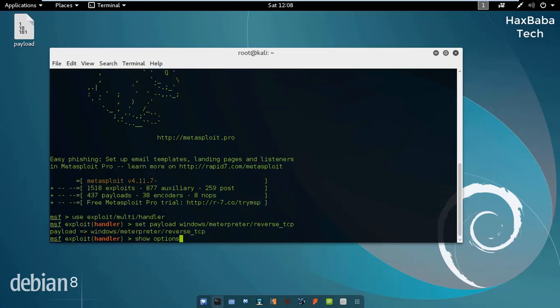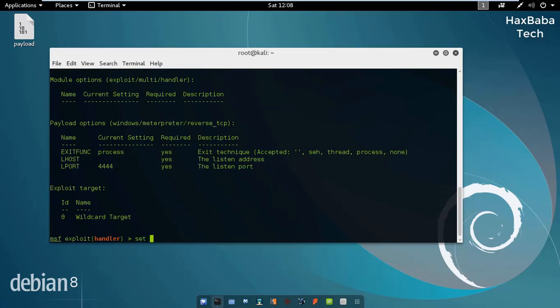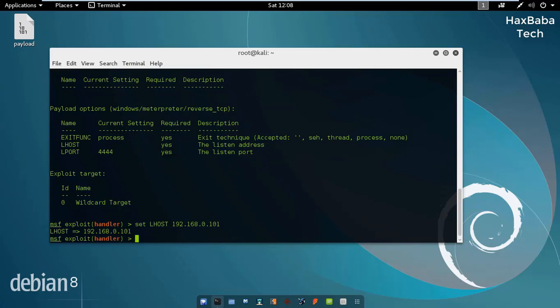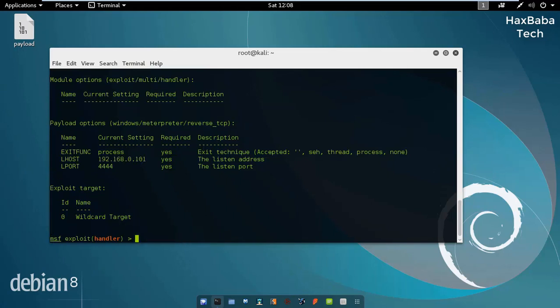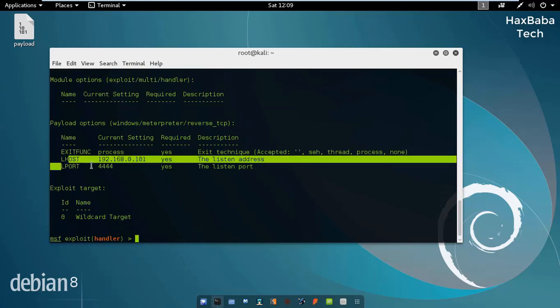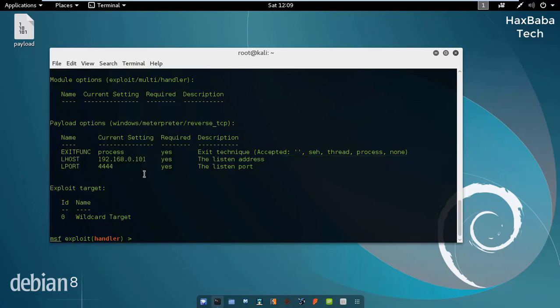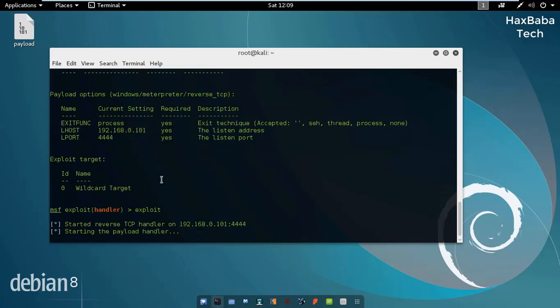Show options. We have to set up our lhost. Lport is also already set at 4444. Okay, my lhost is also set now. So let's click on exploit. Exploit has been started.